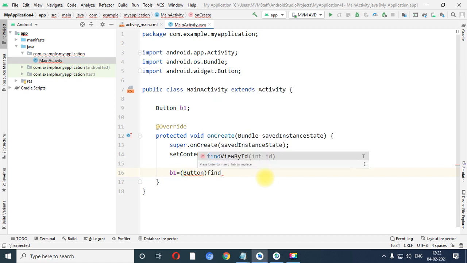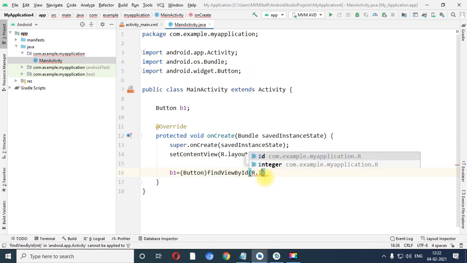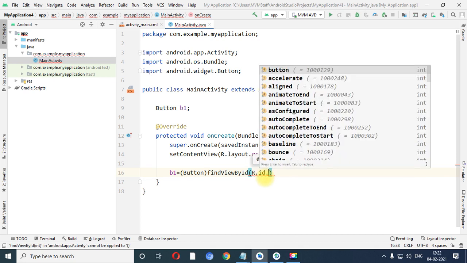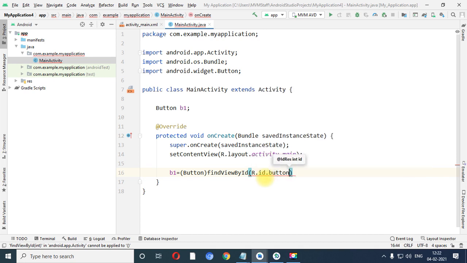It is already there on the screen, so I just need to press Enter only, right? So a capital-small letter error will not be generated. You just need to select it. Now R.id.button, semicolon.